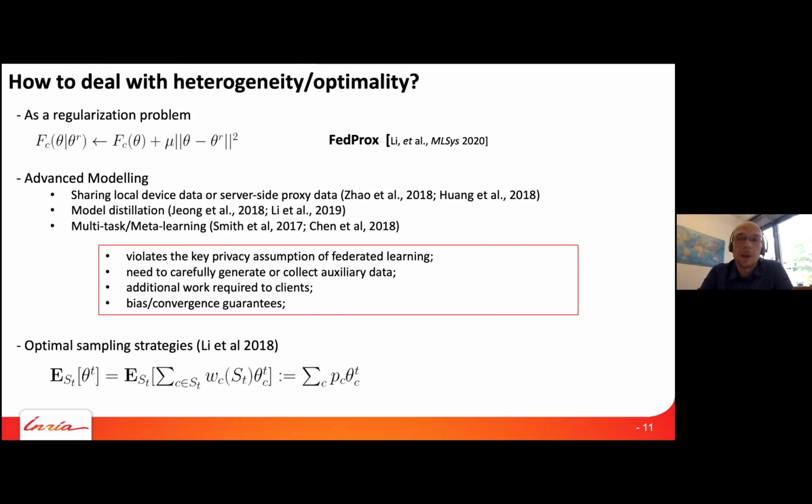And so there have been different ways of addressing the problem of heterogeneity or optimality of the aggregations. One very notable approach, one of the state-of-the-art approaches, is FedProx. We change the problem on the client side and make it a regularized optimization problem. We introduce this proximal term where we bound the optimization of the parameters at the clients in such a way that they do not diverge too much from the initialization. So we prevent clients from overfitting their own data, and every client is always somehow in the neighborhood of the global parameters.